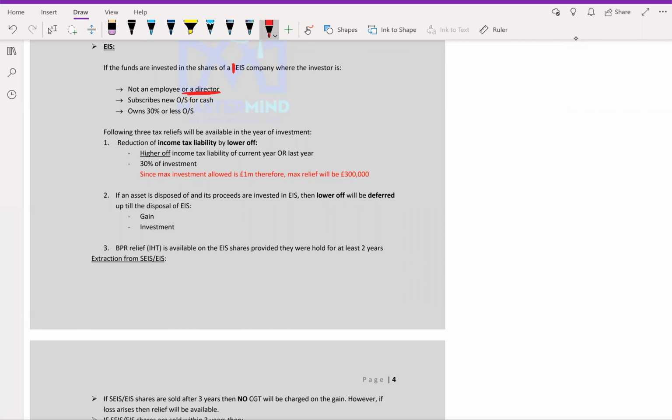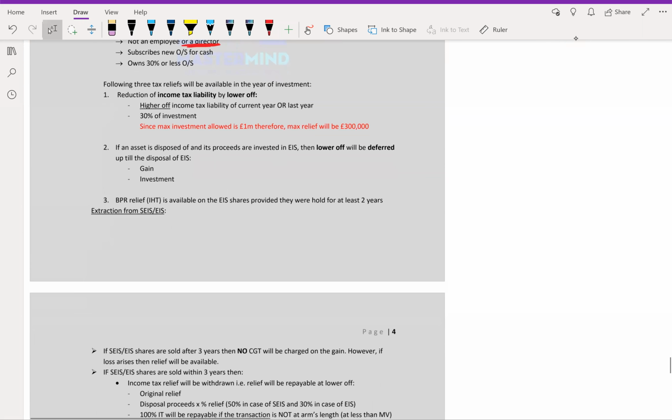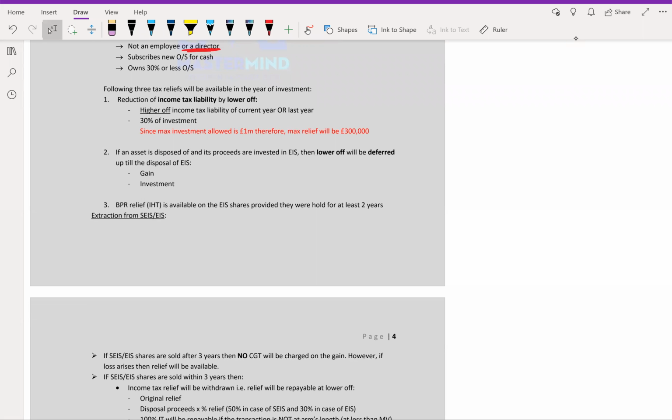All right. Again, 3 tax reliefs, but this time the income tax relief is a bit lower because your risk profile is a bit lower. In Enterprise Investment Scheme, you can say that this actually turns out to be somewhat between small and medium sized company, right? With relatively less, but as compared to a seed enterprise, better track record.